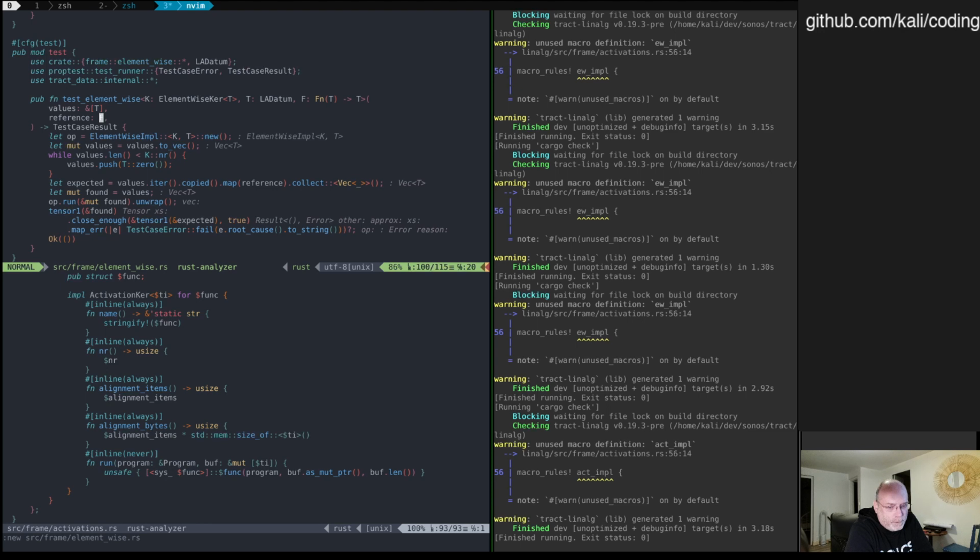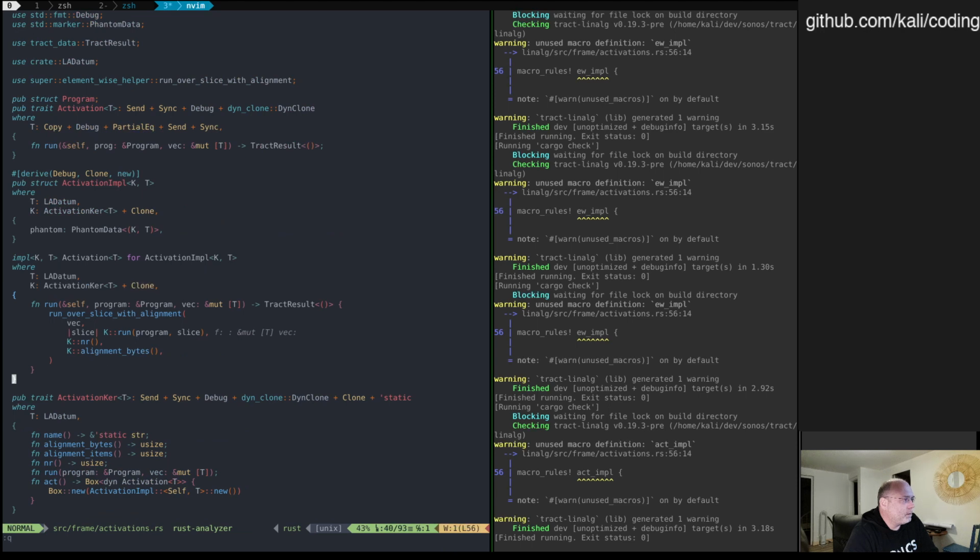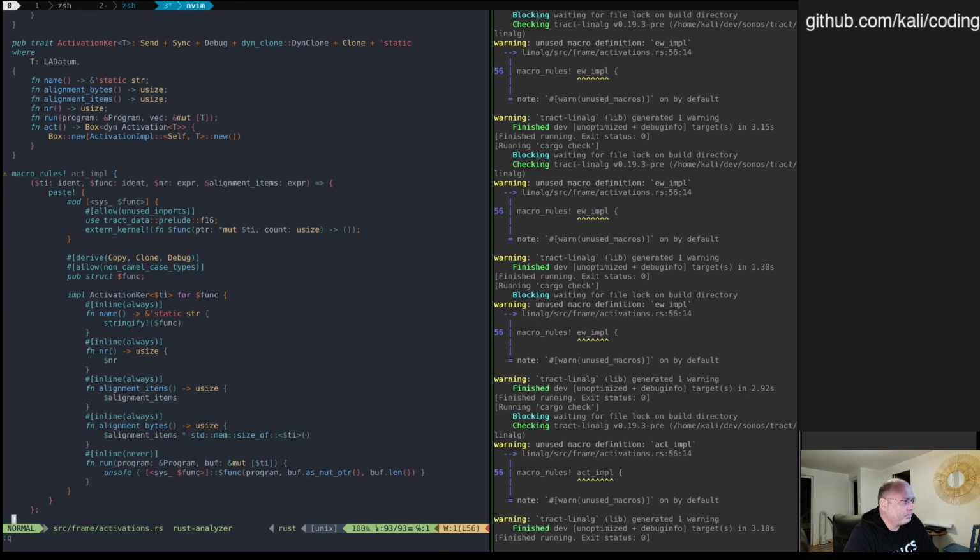To port our tests, we need the reference implementation, the values to test, and the program that we must apply, and a function similar to this one to ultimately call close enough. But this is basically just moving around some code that we already have in the other files that we did a couple of weeks ago. Okay, so before going on with the test, we will try to